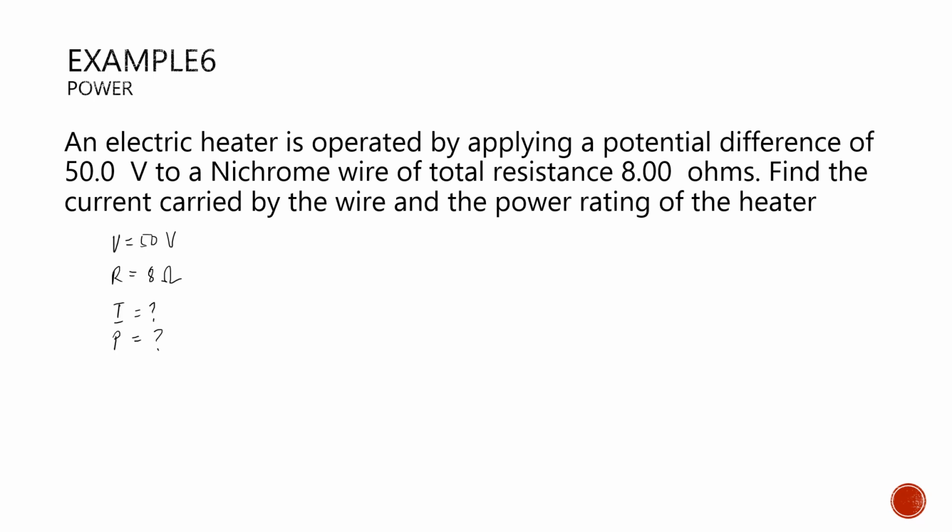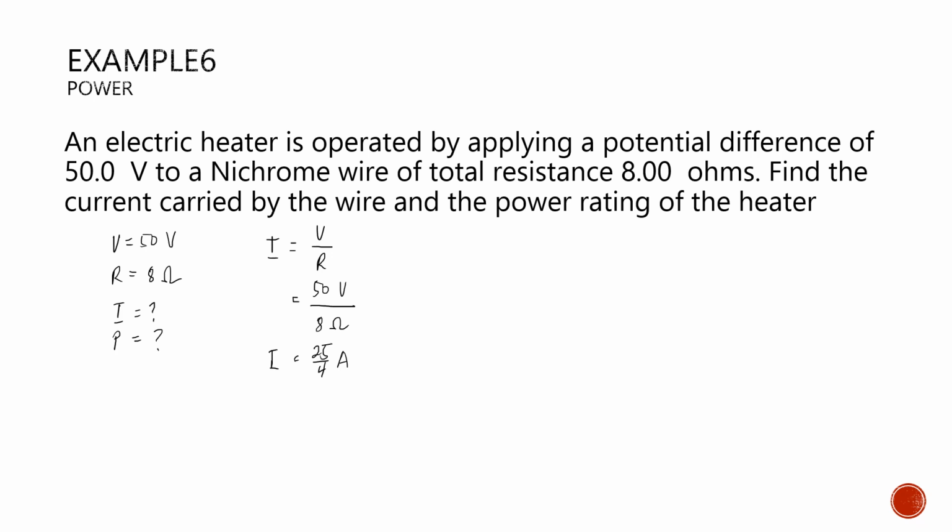So for the electric current, from the Ohm's law equation, I is equal to potential difference over the resistance. So it's 50 volts over 8 ohms, or that's 25 over 4, or 6.25 in decimal form. So volt per ohm is amperes.